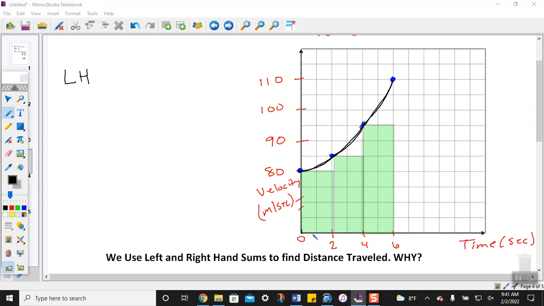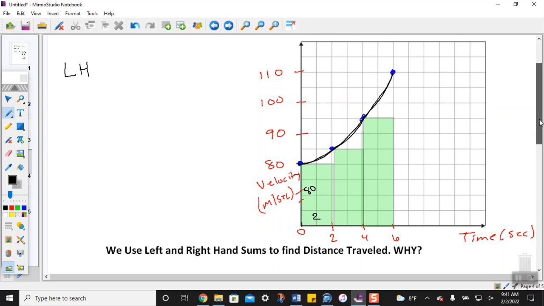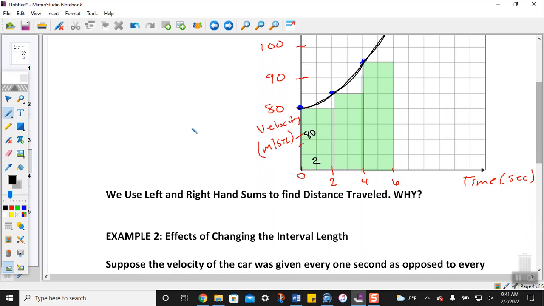What's this length right down here from 0 to 2? So that's like a change of 2 seconds, isn't it? And then, what's the change from 0 down here up to 80? Okay, but that would be in meters per second, right? Why do we use left and right hand sums? Well, you'd be taking 2 seconds, right, times